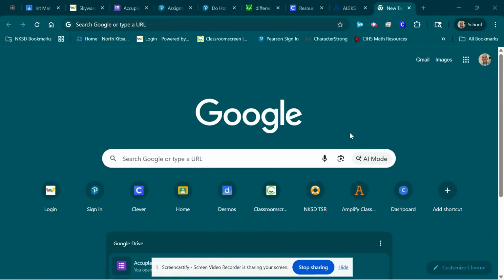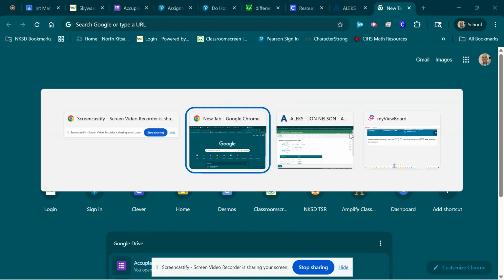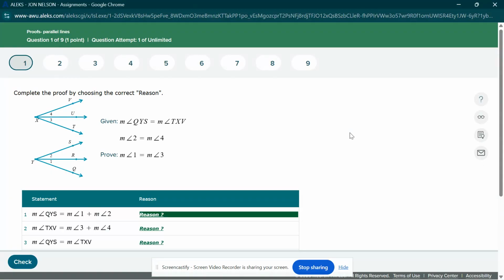All right, so I've created an assignment in ALEKS that will, I think, help you progress with the proofs. I know a lot of you guys are running into proof problems, and it's been a while. You know, we did proofs at the end of Integrated 1, and depending on the teacher you had, maybe you